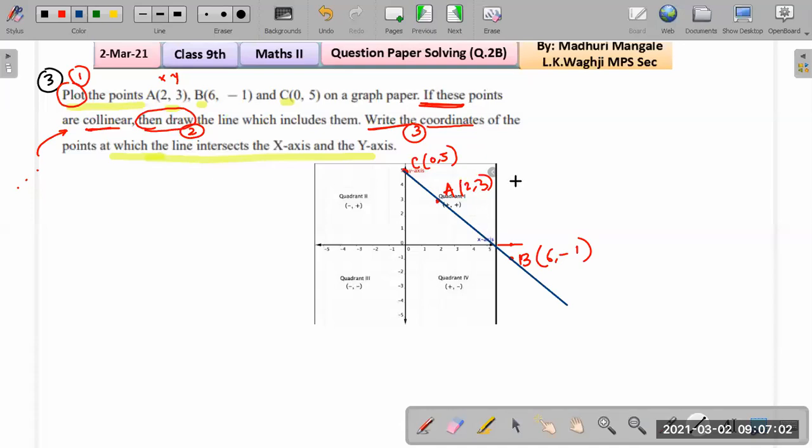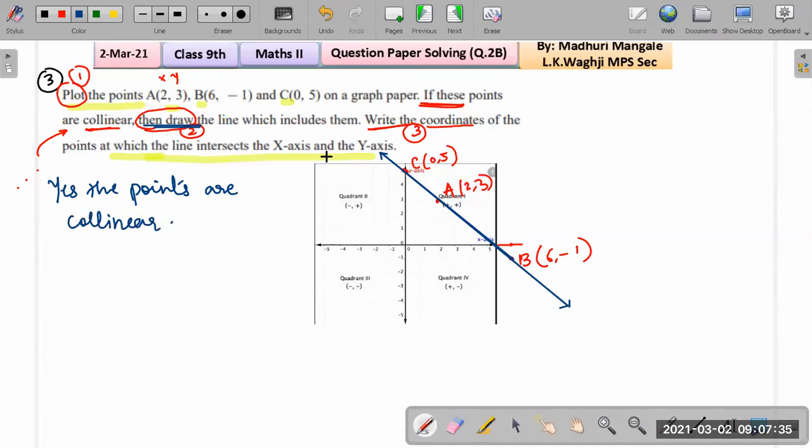So what should be the next step? We have to draw the line because these points are collinear, right? So here we are just extending the line, and you need to show arrowheads on both the ends, okay? Because that's a line. And what is the definition of line? A line segment which extends on both sides. So remember, very important, you need to draw those arrowheads, okay? So we write here, yes, the points are collinear.